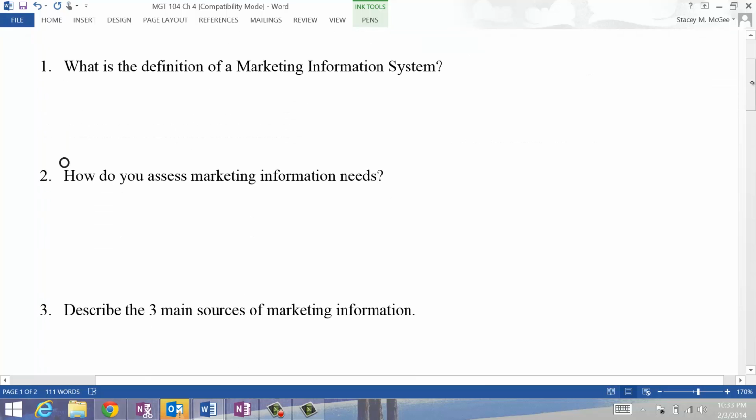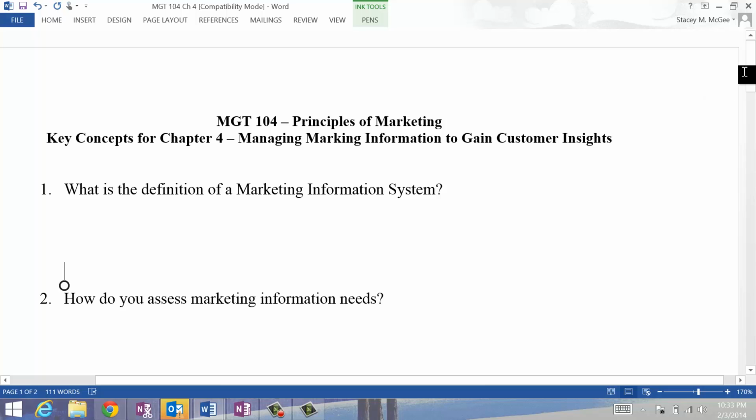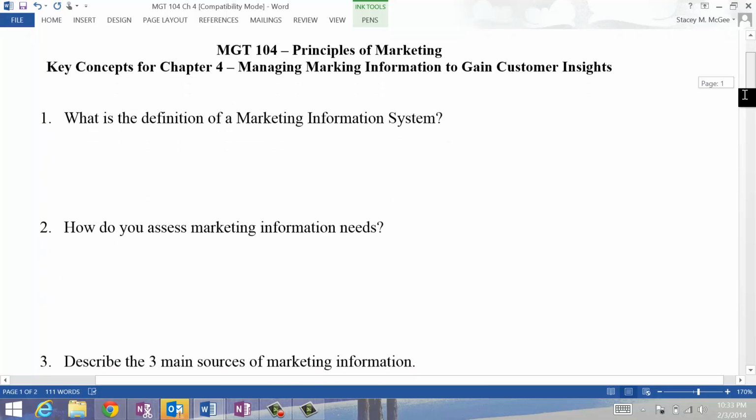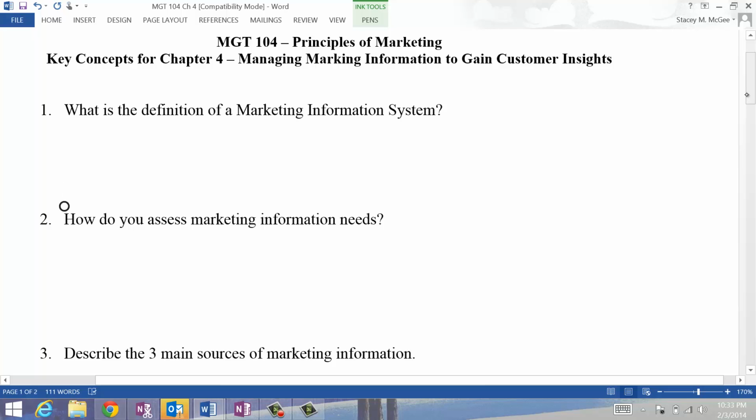So Chapter 4 now is talking about managing the information to gain customer insights. Chapter 3, we talked about the environment. Chapter 4, now we're gathering info to learn more about our customers. And the definition of a marketing information system